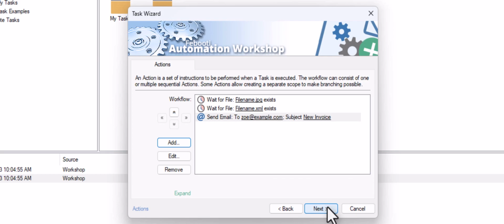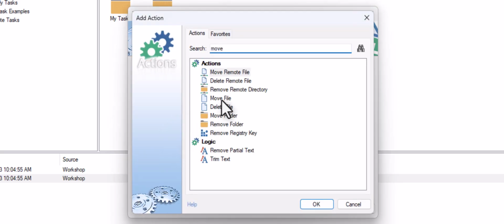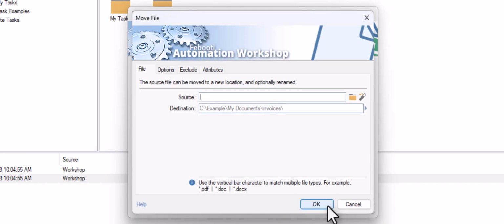Now let's move our files to the Archive folder. The Move File action allows you to move one or multiple files to a different location on your disk or local network. For the source, I'd like to specify a list of the 3 files we just sent via email.